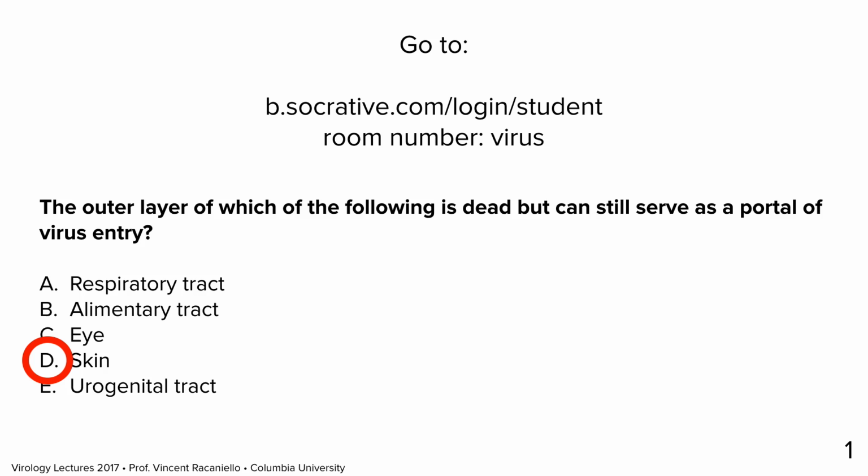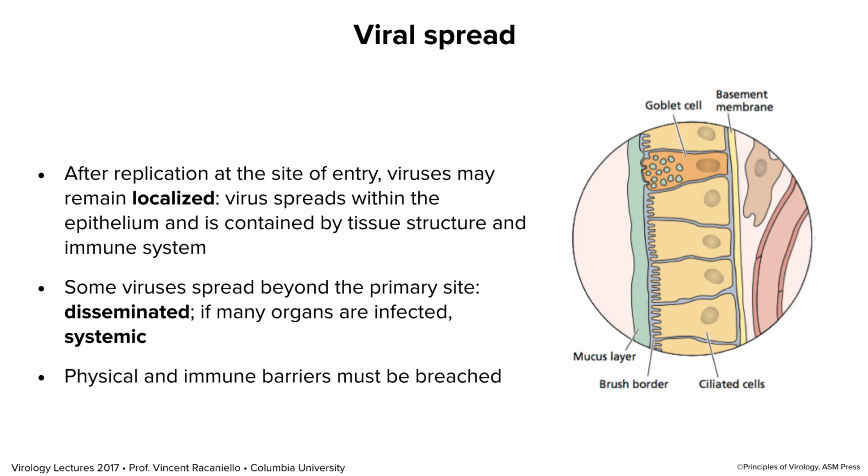All right, so that's how viruses get in general. We'll talk some more specifics later on. Let's talk about spread from that initial site of infection. So there's a limited number of sites that viruses can get in, and many of them stay there. So many viruses enter the respiratory tract and stay there and cause disease. They're respiratory pathogens, and we call those localized infections.